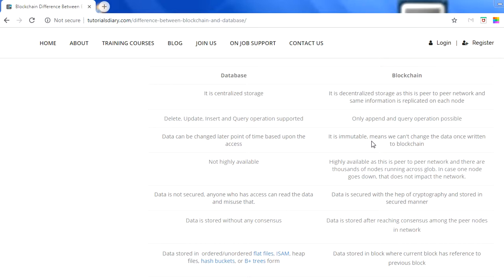Now, a database is a centralized storage where we have one administrator. Think about it: you have a database with a centralized administrator who controls and manages it, so all the information is centralized. Suppose you have multiple users across the globe.